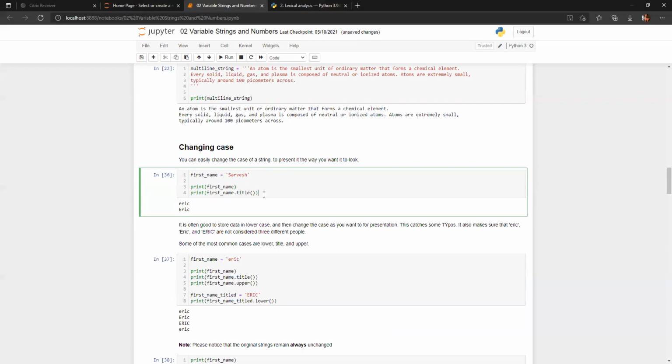So I'm printing the first name, and then I'm using first_name.title() with parentheses. These brackets are called parentheses. Why parentheses? Because there might be cases where some functions use values. Here we are not passing any values, but there might be some cases where you have to input some values. That's why parentheses are given.